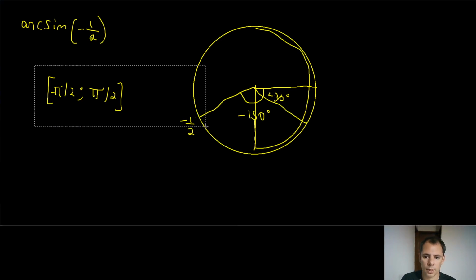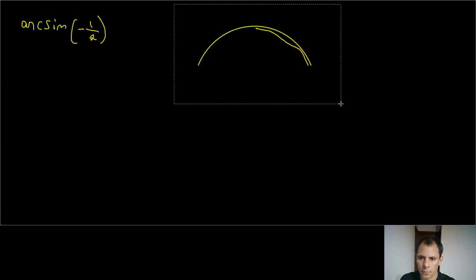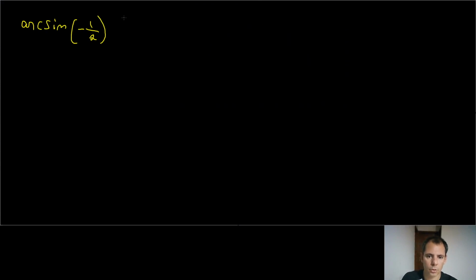Yeah, within this domain of the sine, it's going to have an inverse. Okay, so considering that, it's going to be minus pi divided by 6. Okay, that's the answer. What is the arc